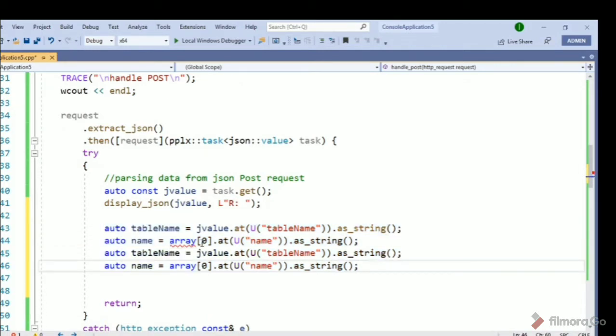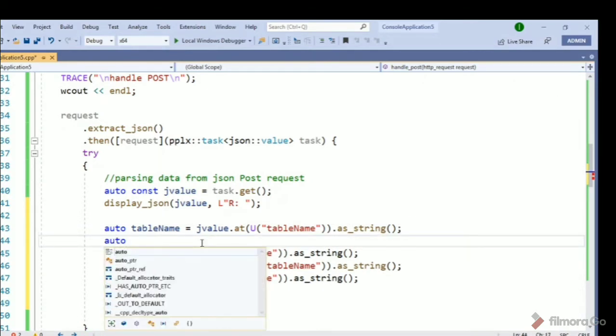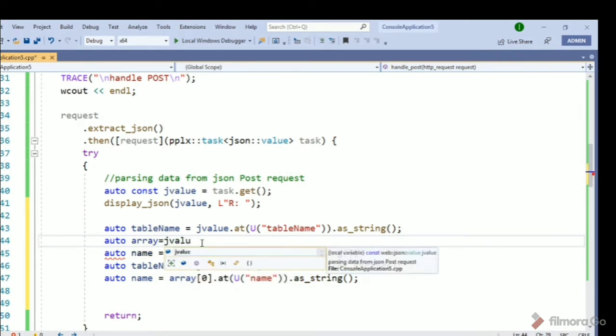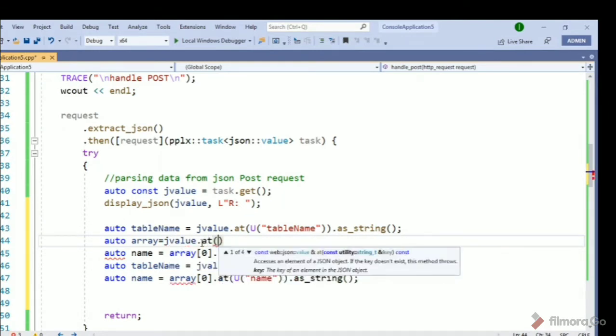I guess I have made some mistake here. I have not used the table record. So just use array is equal to jvalue at, then I missed something.